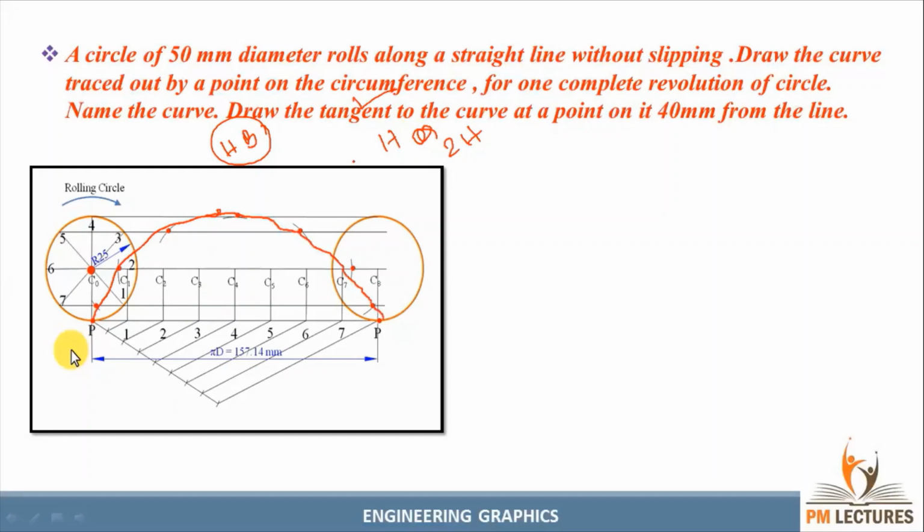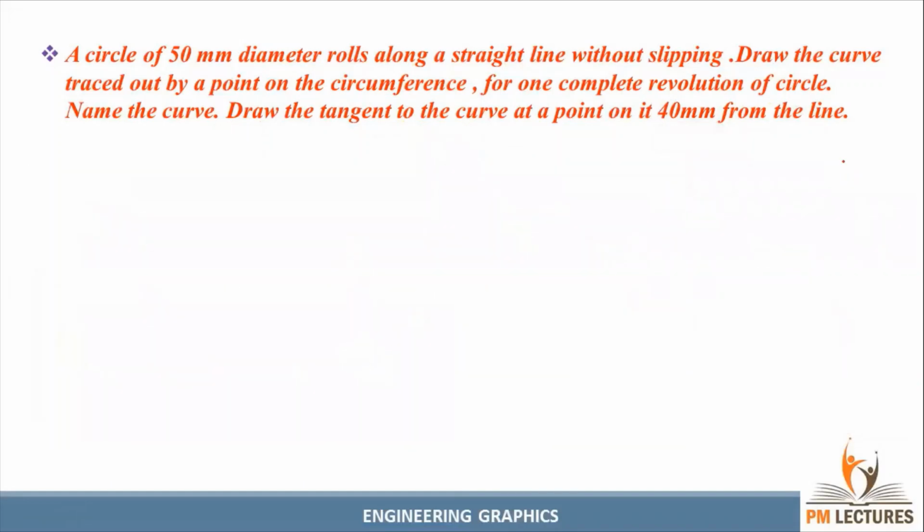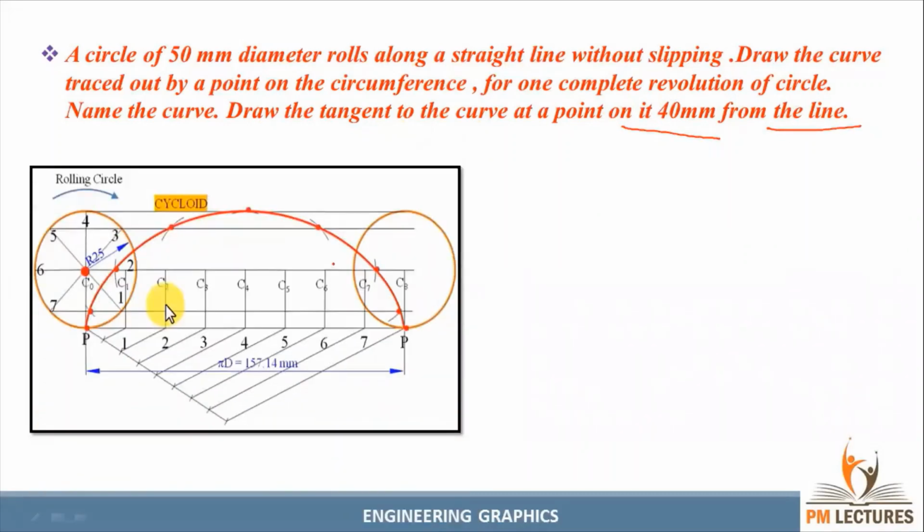Okay, this is a cycloid curve, so you can see here very clearly. Okay, fine, good. So we can go for the next step. Next step, we have a condition for drawing the normal and tangent, that is 40 mm from the line. So take your scale, you can measure from this point. Somewhere it will reach 40 mm on the curve, because on the curve only we need to draw the tangent and normal. So somewhere here the point will meet the curve. Make an arc on this and give the name as Q. Okay, it will look like this, guys.